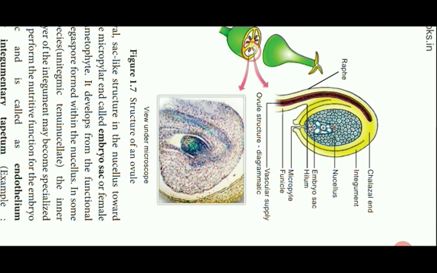So the junction represents the junction between the ovule and the funicle. I already told you the funicle is the stalk of the ovule. The point, that junction where the stalk and the body attach, is known as hilum. If you see an inverted ovule, the funicle is attached to the body of the ovule, forming a raised portion.